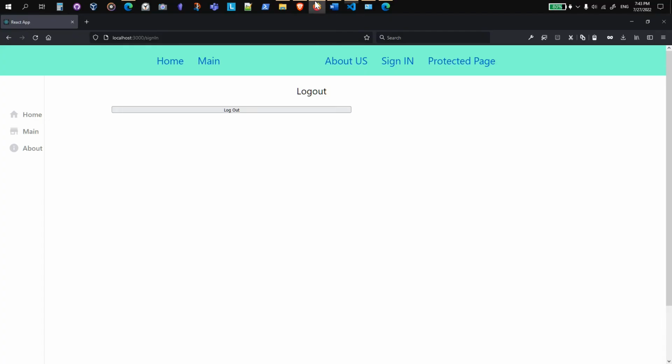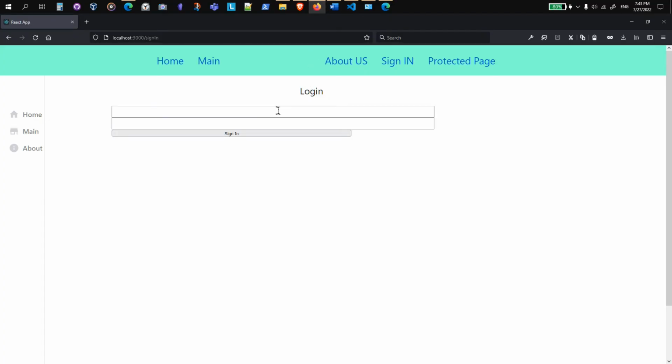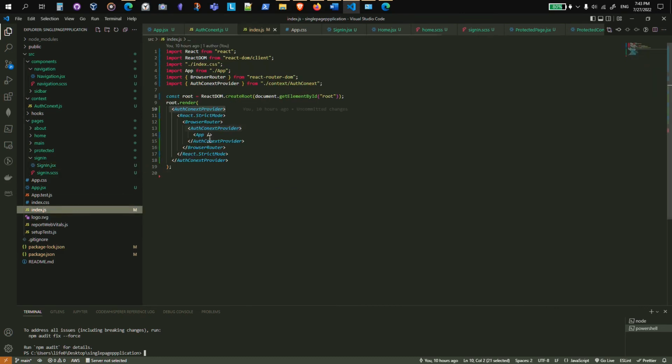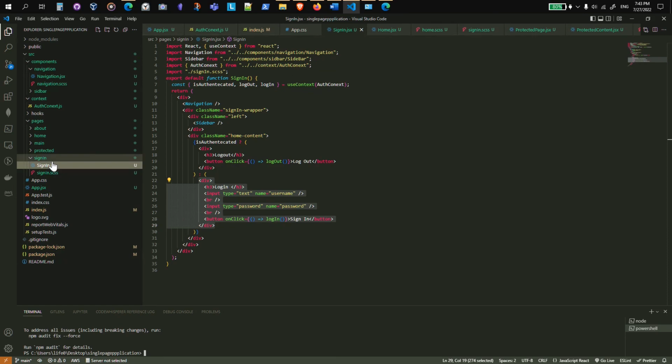For example, here when I'm logging out, the whole thing is re-rendering to update the credential information, the one that is wrapped here. So that's how this sign-in works. And when I'm updating this, everything will be re-rendered. And then to create a protected content,